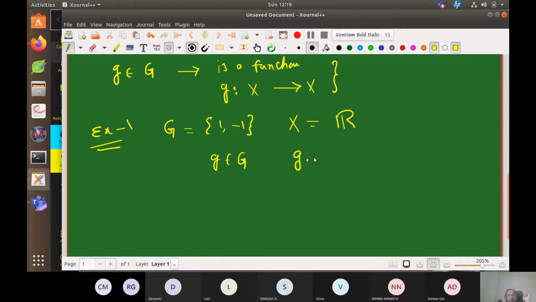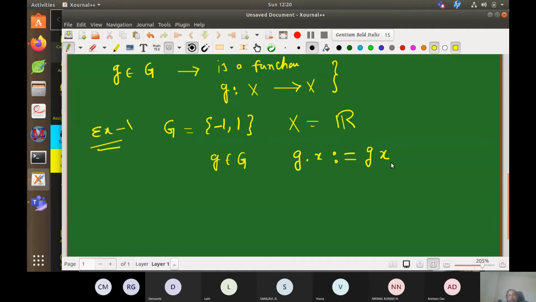So g dot x I have to define, right? So G is from G, that means g is either 1 or -1, right? Generally people write -1, 1, but for a set there is no problem. I hope you know that it is a group with respect to multiplication. That part is okay. Now g dot x I am defining simply as gx, just g into x, because 1 and -1 are also elements of the real numbers. So I'll just multiply them.